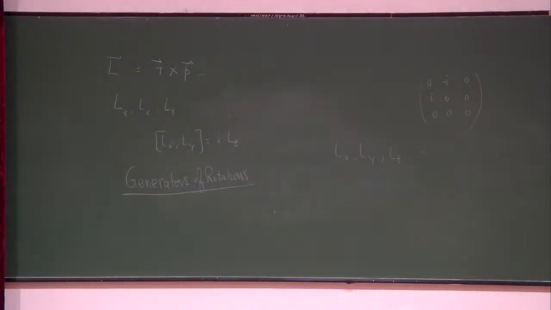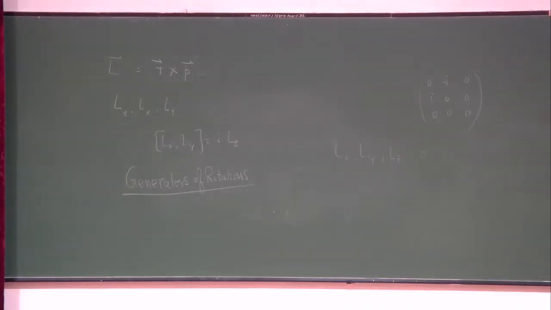Okay? And you can also find out what is Lx square plus Ly square plus Lz square. You take this as an exercise. You work out Lx, Ly, Lz, find out Lx square plus Ly square plus Lz square. Square of the matrices. All the squares will turn out to be identity matrix. You will find that Lx square plus Ly square plus Lz square is equal to